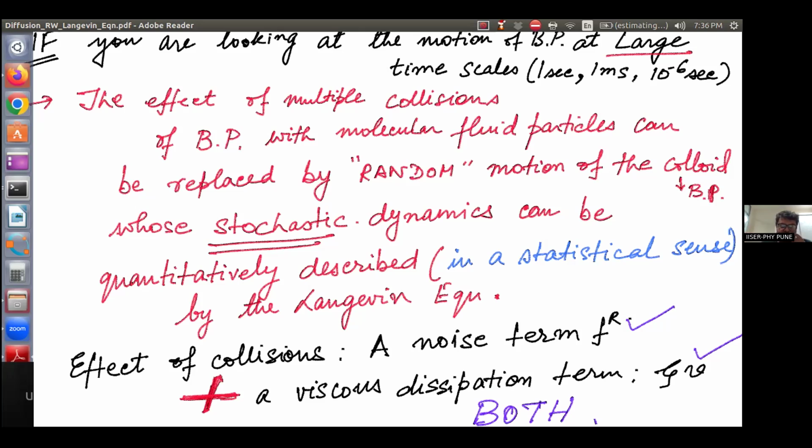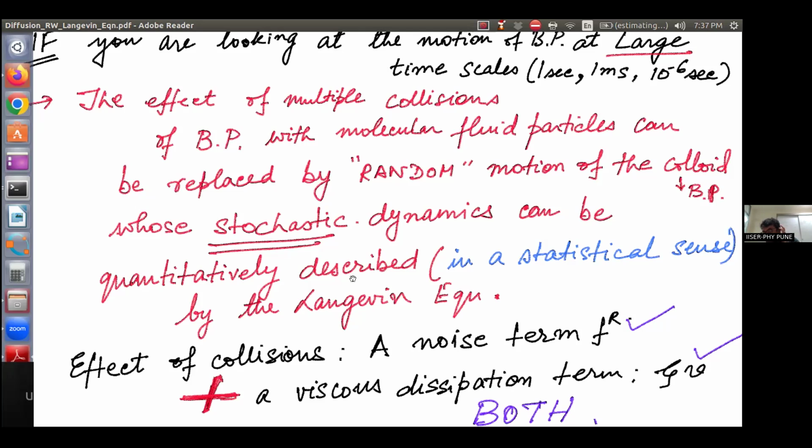which is bombarding the BP, the Brownian particle, the effect of multiple collisions of the BP with the molecular fluid particles can be replaced by the random motion of the colloid, being the BP. The Brownian particles are often referred to as colloids, and you can have spherical colloids, rod-like colloids, arbitrarily shaped colloids, and so on and so forth. Any particle which is suspended in a fluid, we call it a colloid. And the stochastic dynamics, random dynamics, can be